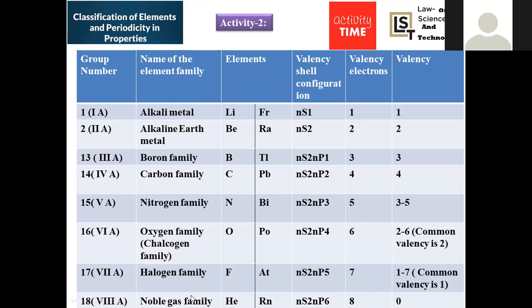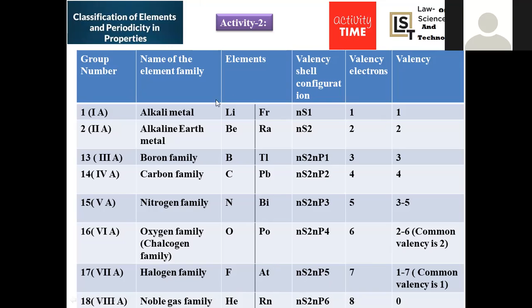Zero valent in the sense, if you see helium, it doesn't form any bond with any other. If you go with neon, again neon is monoatomic, but exceptionally xenon is able to form some kinds of oxides and fluorides, even oxyfluorides. So that is the exceptional case, but most commonly noble gas elements are inert in nature. They will not participate in any kind of chemical reactions, because they are associated with a stable electronic configuration, right?